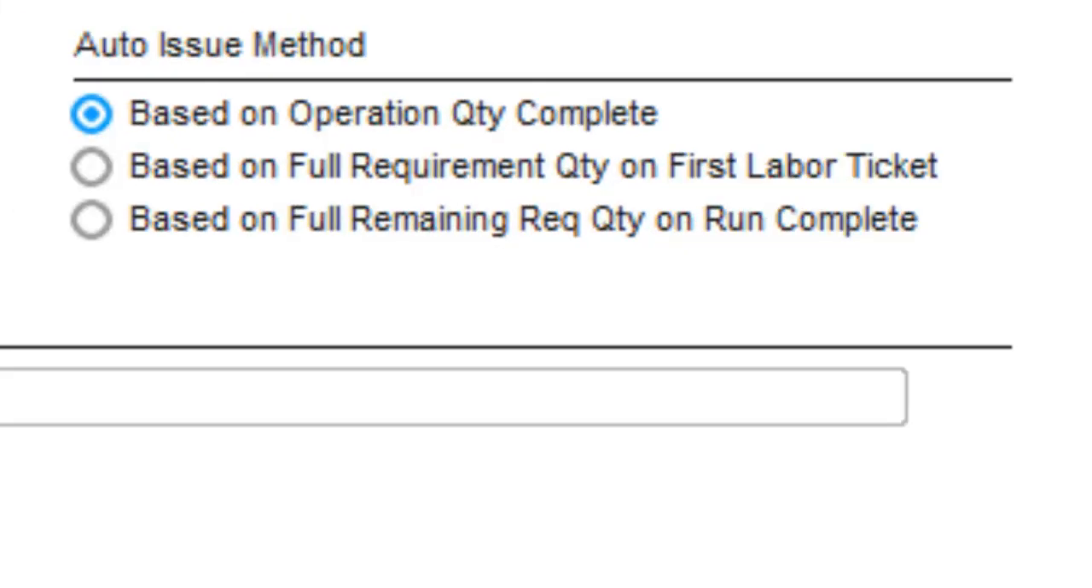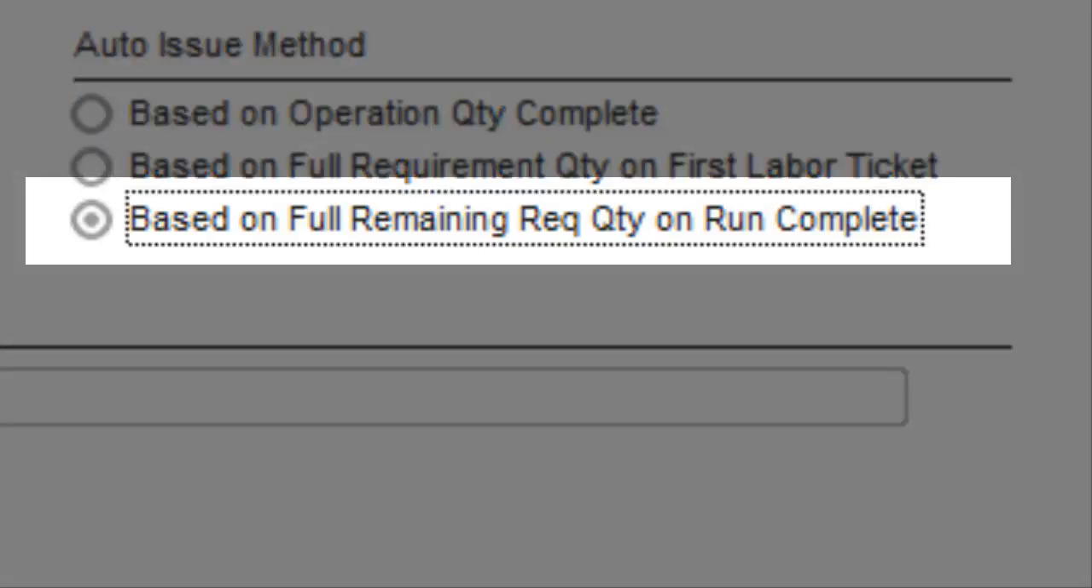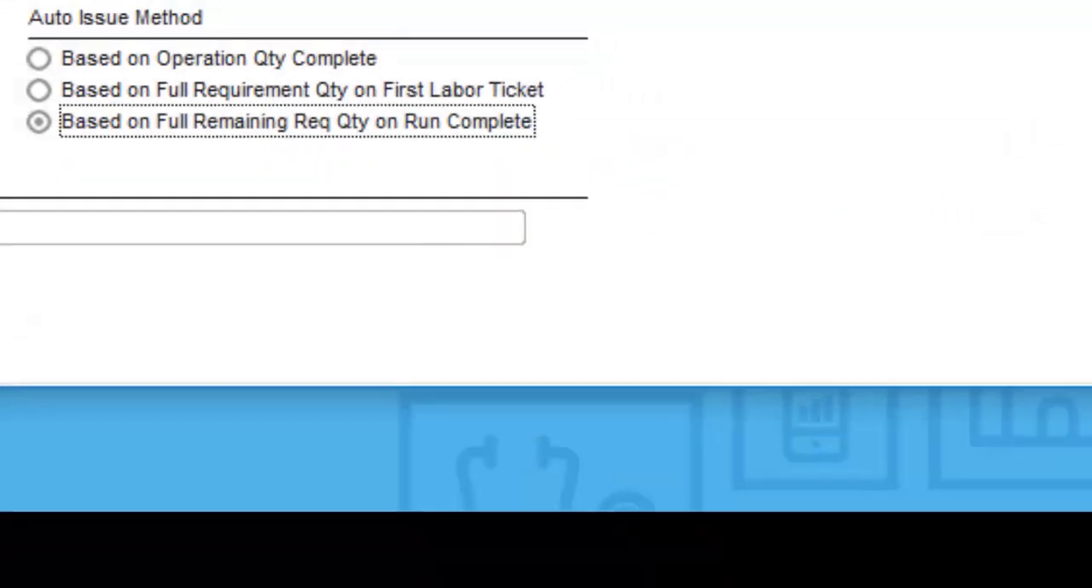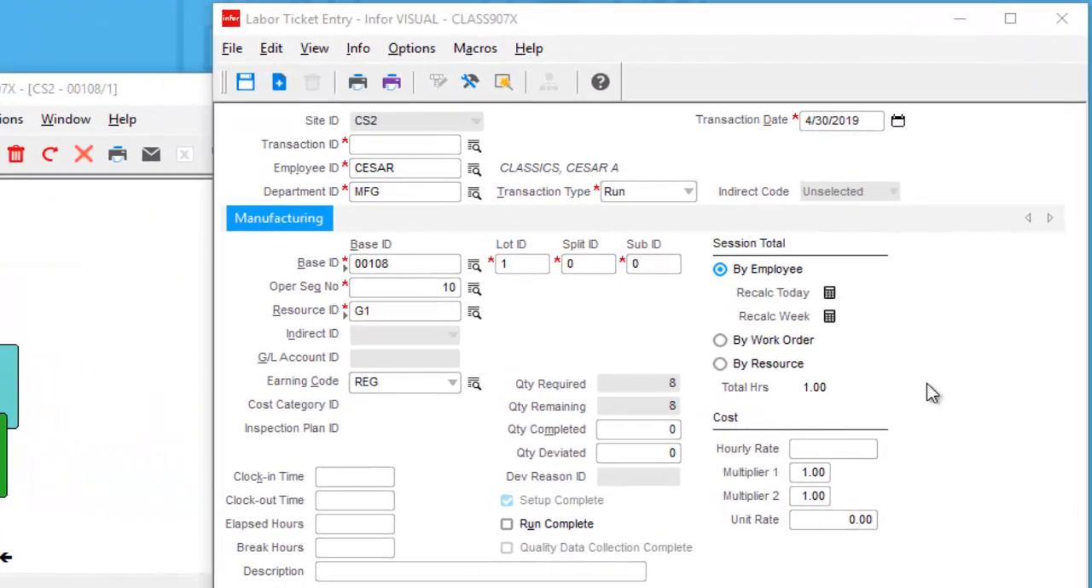Going back to site maintenance, I want to review the option, which is based upon reporting quantities when run complete is checked. Using a similar work order as our last example, I'm going to go in to labor ticket entry, also add in 1 hour, which will equate to 1 unit being completed. This time I'm going to check the run complete on this labor ticket, save,